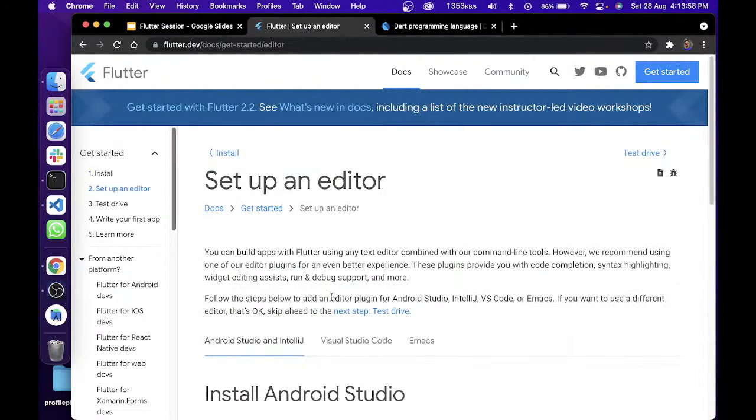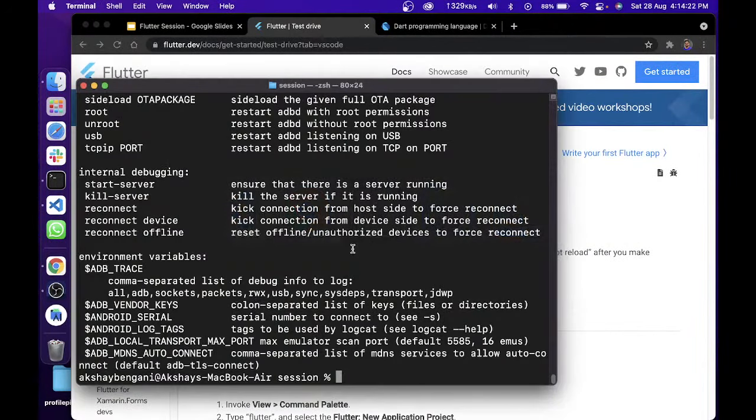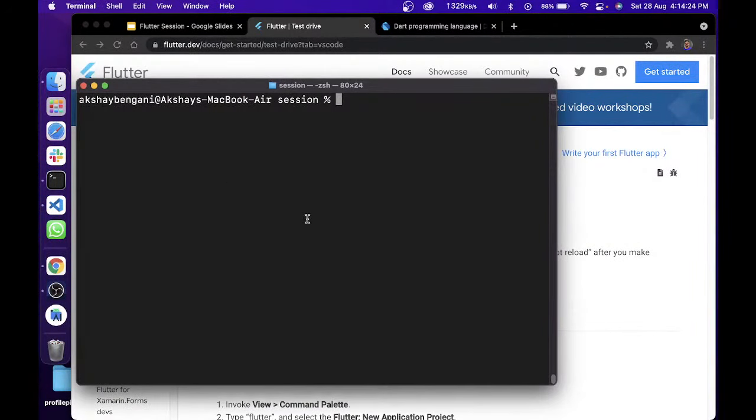They document literally everything, the same thing I said, they said in the same thing, right? So now you need to just test the app. Okay, so once your Flutter command is working here, you just clear it. If your Flutter command is working, Flutter doctor is working properly, then you can just use